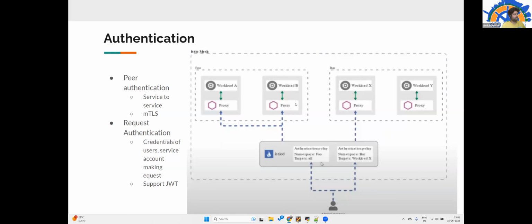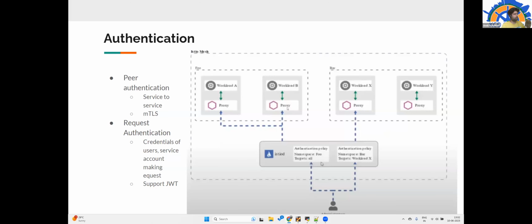On the server side, it first validates whether the certificate is valid or not. That is authentication. Then it takes two more actions: it keeps the client's name on the server side for auditing and authorization purposes, because the server should know whether the client that made the request, even though it is a valid, authentic user, has sufficient permission for this particular operation or not.